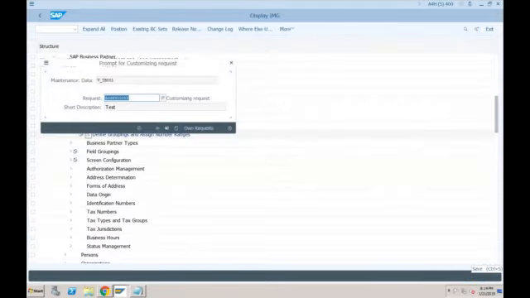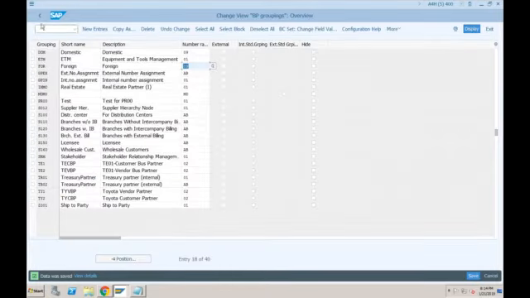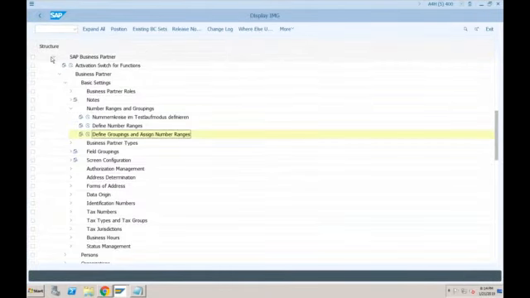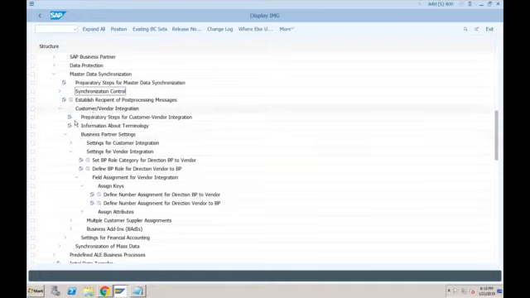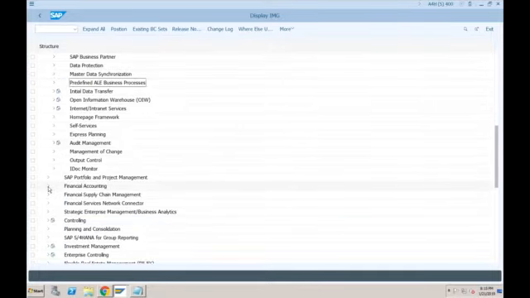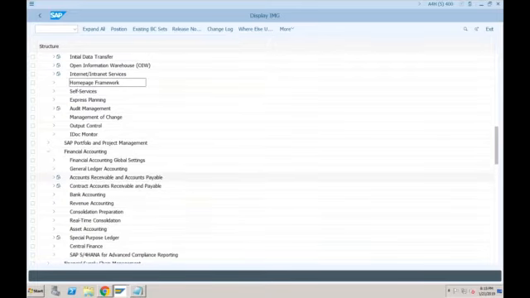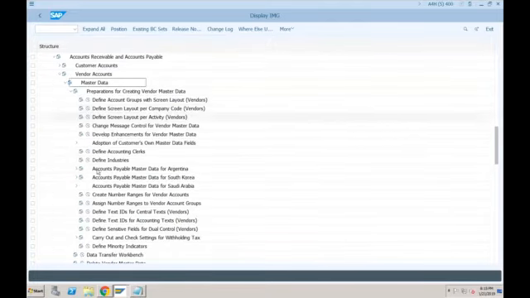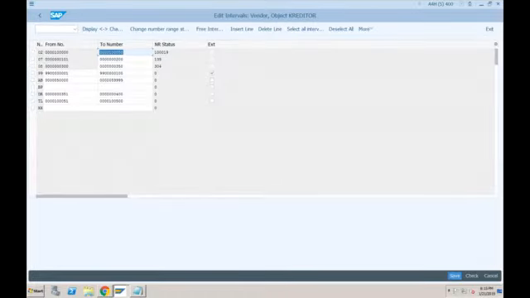Let's save this. Okay, and I have to go again back to financial accounting, AP and AR. And here again, I have to create a number range, which would be, I hope this is free. So let's click on new.